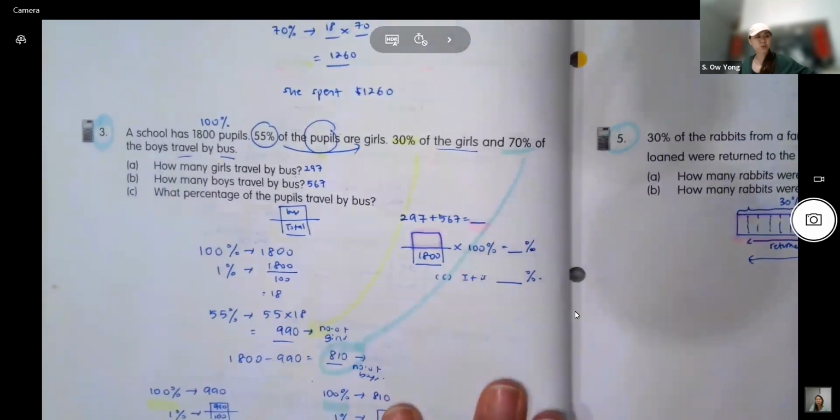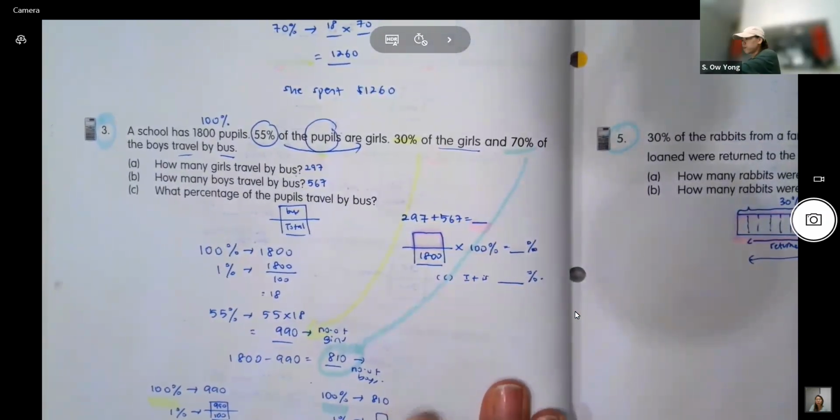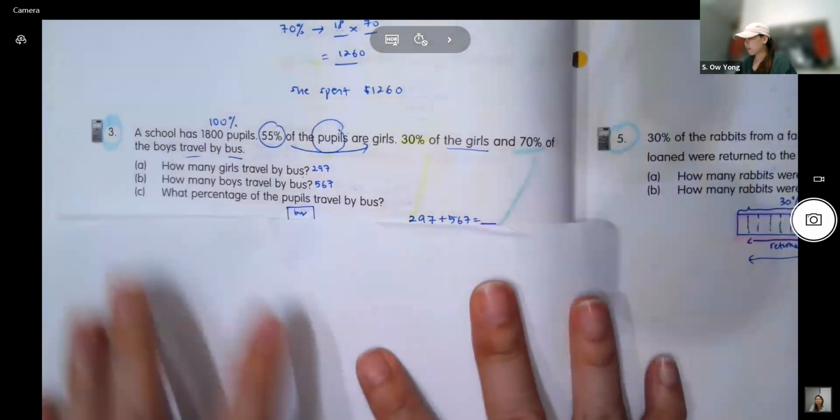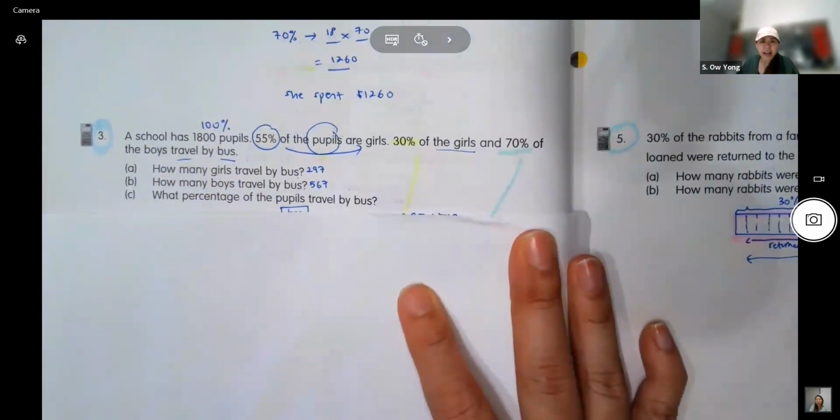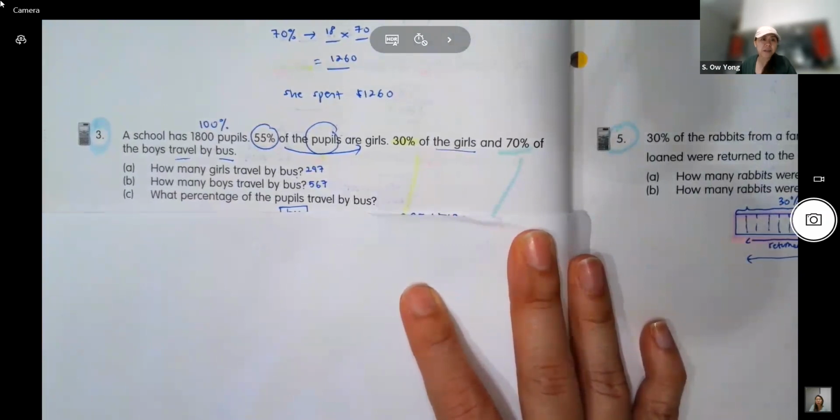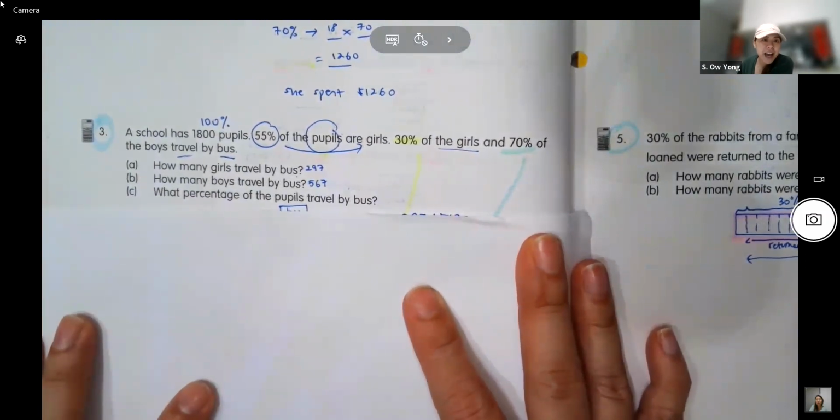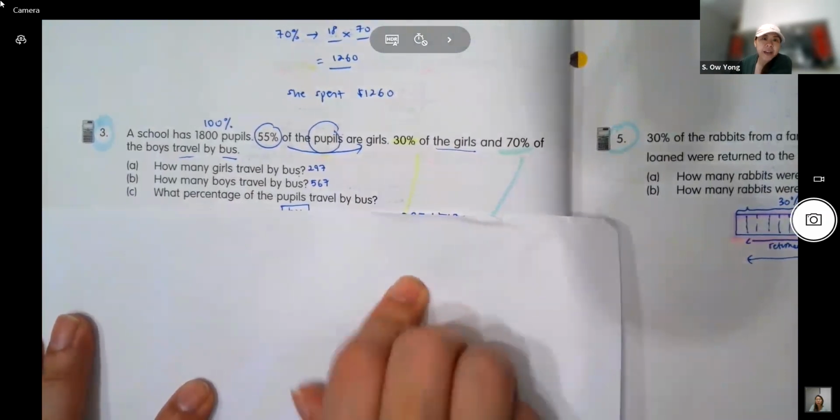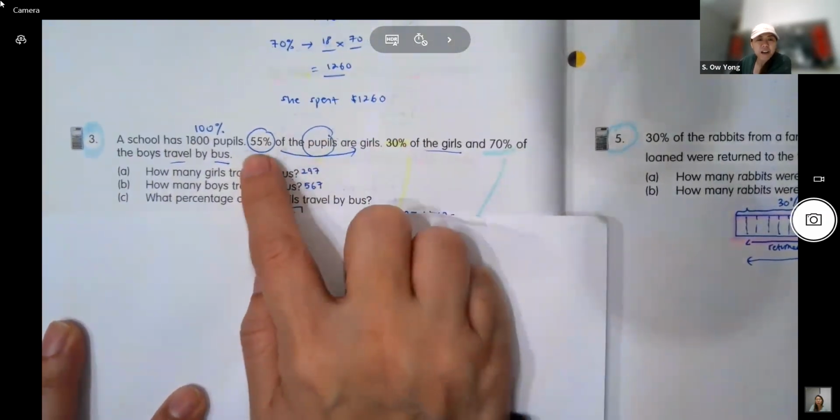A school has 1,800 pupils. 55% of the pupils are girls, and 30% of the girls and 70% of the boys travel by bus. How many girls travel by bus? How many boys travel by bus? Now you take note, this 55%